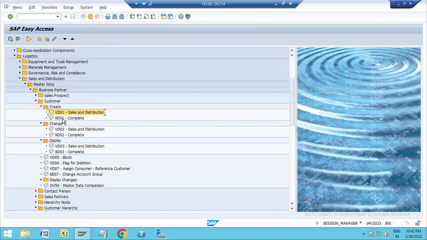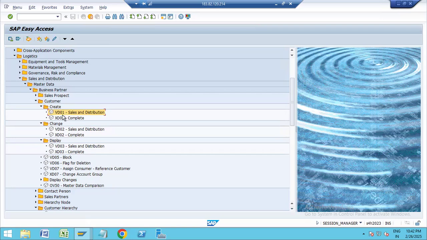There are different T codes that were used in ECC. Now all these T codes have been merged into one T code, that is BP. Previously it was used for